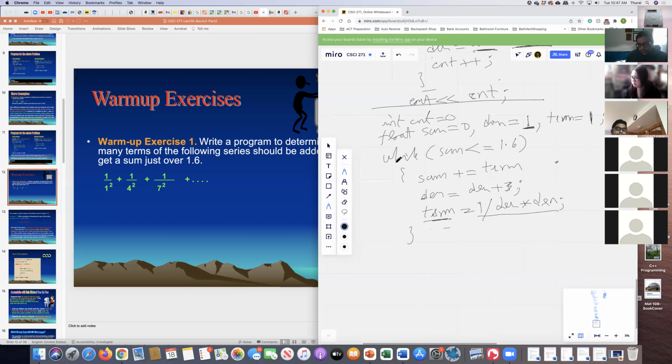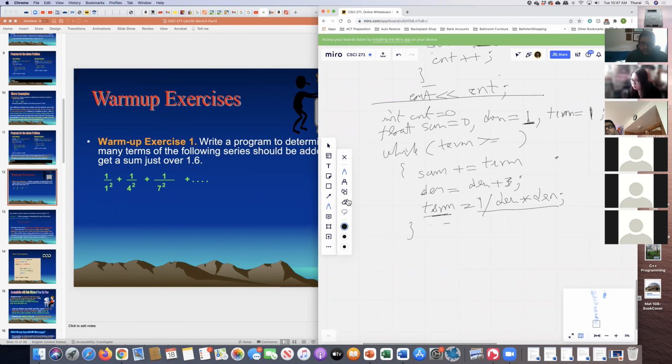And then up here in the loop control, the term has to be significant enough to proceed to add. So I need to say while term is greater than or equal to 0.0005. That's how we need to write. 1 would be better, 0.0001. If the term becomes smaller than this, we can stop, because adding such a small term will not change the